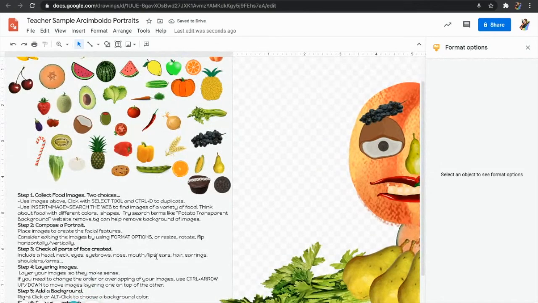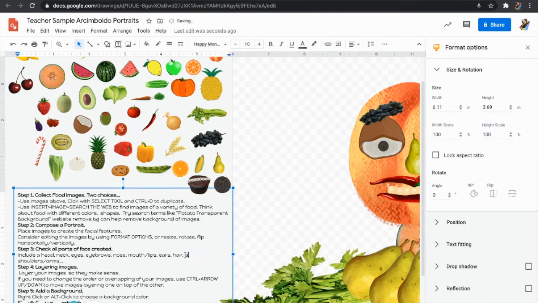Let's check our list of all the facial features. Eyebrows, nose, we have mouth with lips. We need ears, hair, earrings is like an accessory. So let's change this to just say